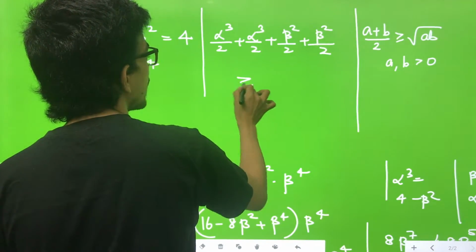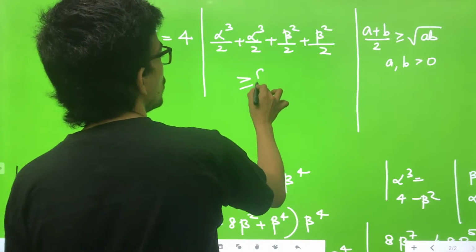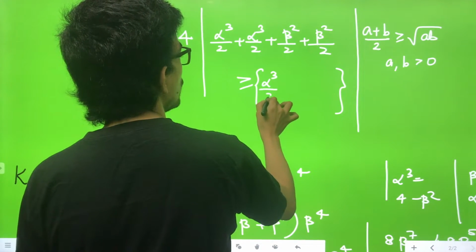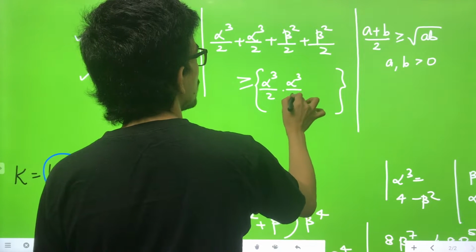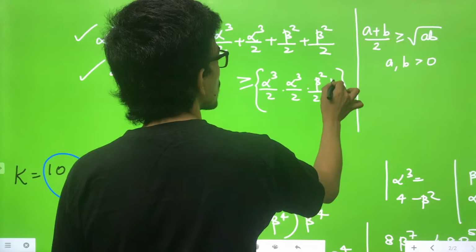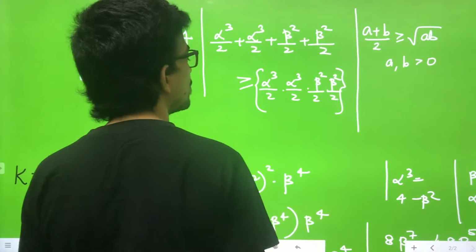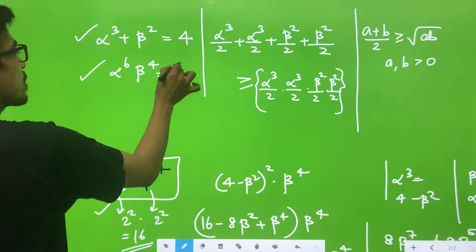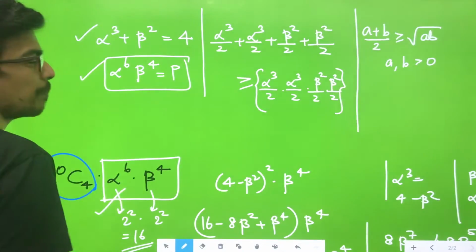This will be greater than or equal to alpha cube by 2 into alpha cube by 2 into beta square by 2 into beta square by 2. So what does that give me? If I call this P, my product,